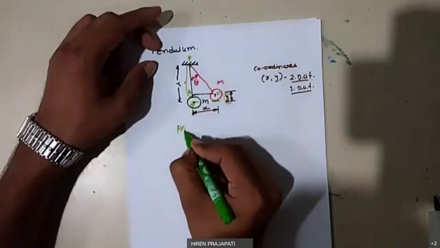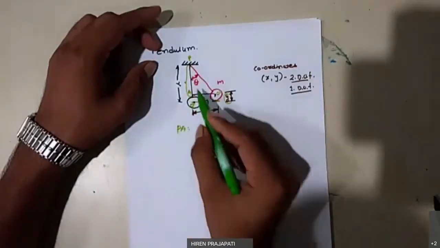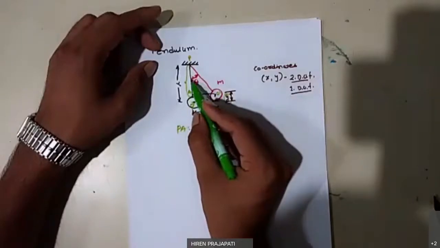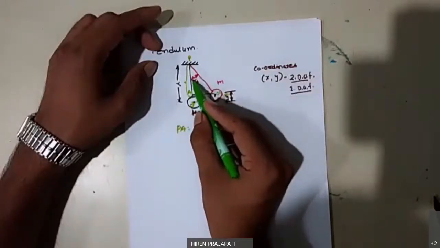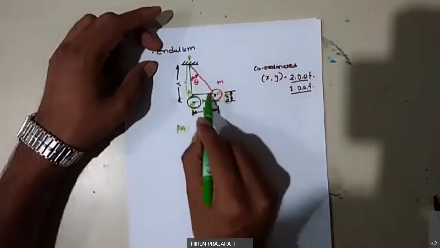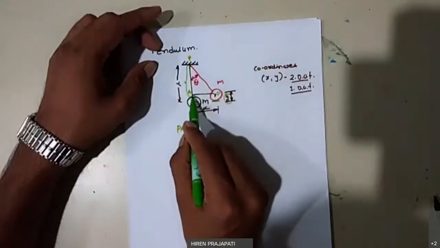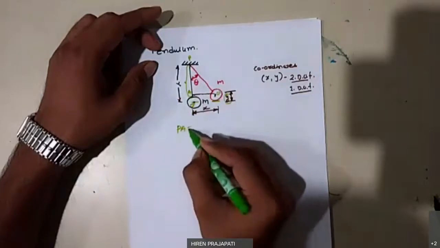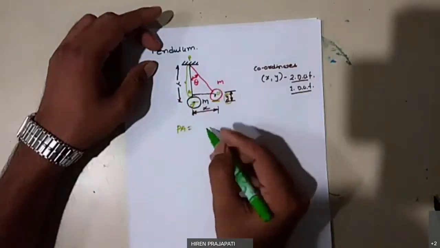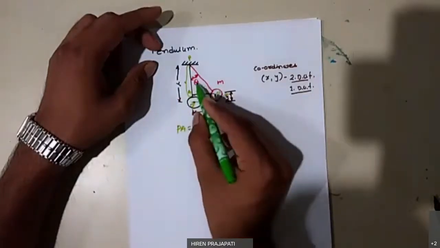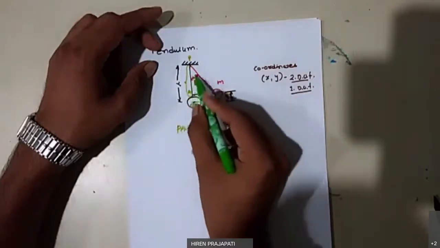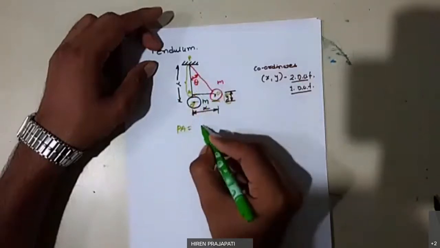So line PA can be found based on the cos angle. Cos is equal to the adjacent side divided by the hypotenuse, right? Okay. So cos theta is equal to